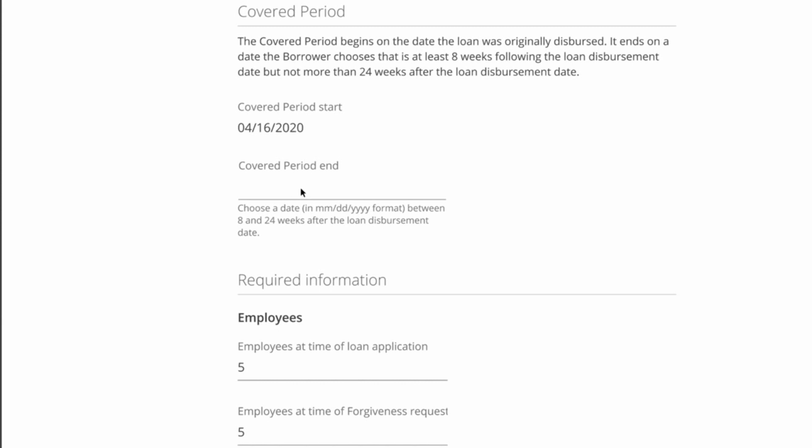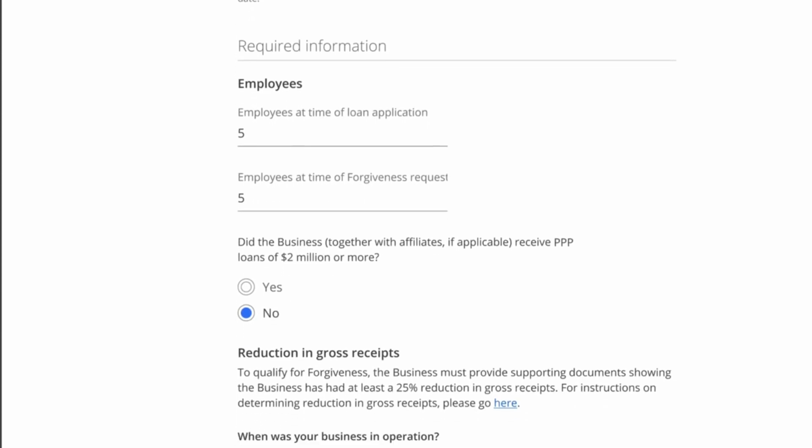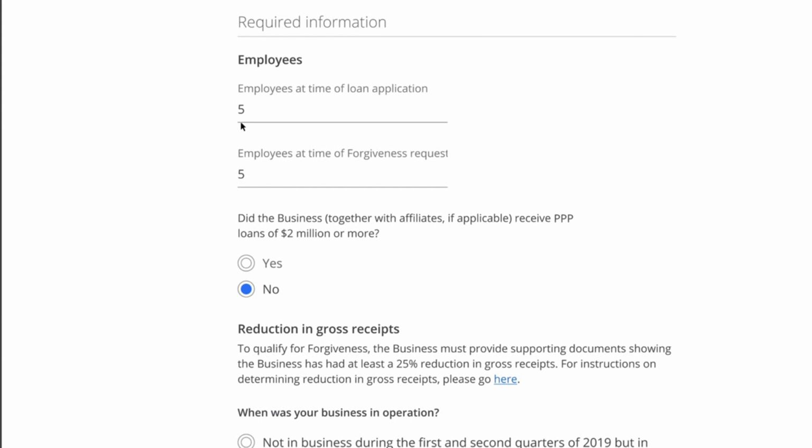You'll need to provide your covered period end date. This can be the date you choose that is at least 8 weeks after loan disbursement, but no more than 24 weeks after. Enter the number of employees you had at the time you applied for your loan and at the time you